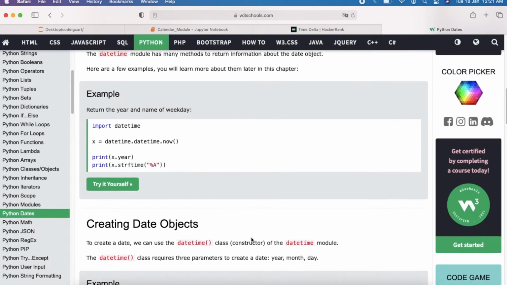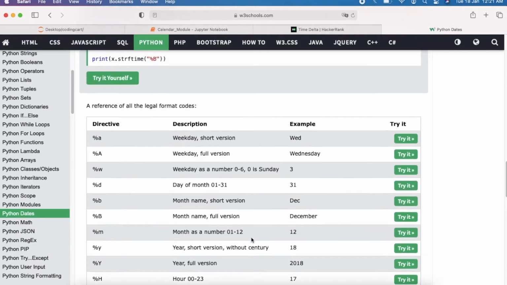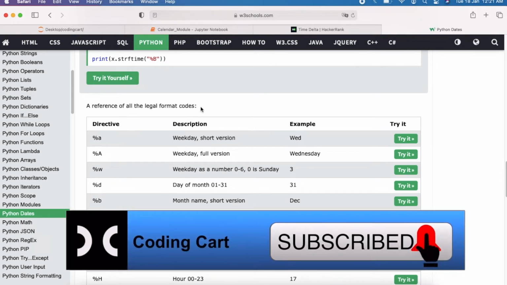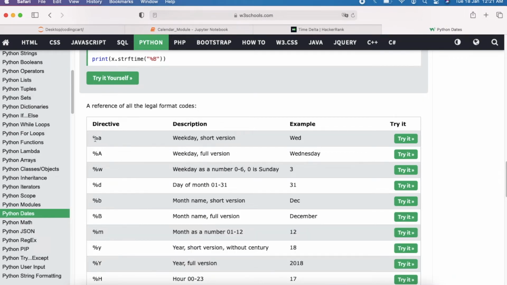If you go down, we will get a table like this one, a reference of all the legal format codes. For example, if we use %a, it will simply give the weekday in short version like Wed. If we use %B, then it will give the month name in full version, you can see here. So let us use any one of them.